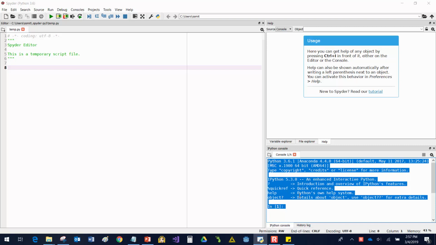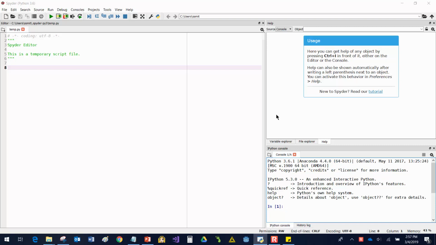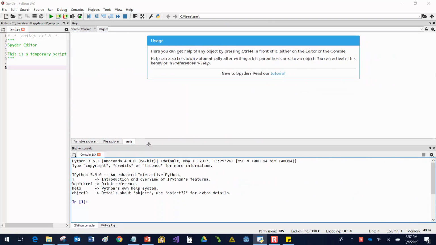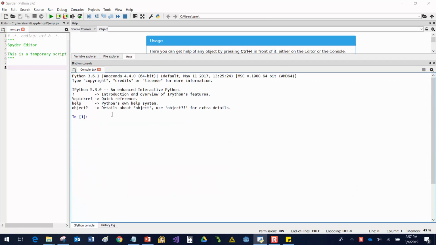IPython console window, and so we really don't need these other windows. So if you want to, you can adjust this to give yourself some more room with the IPython window here. Now the first thing we want to do is, well, let's say the first thing,